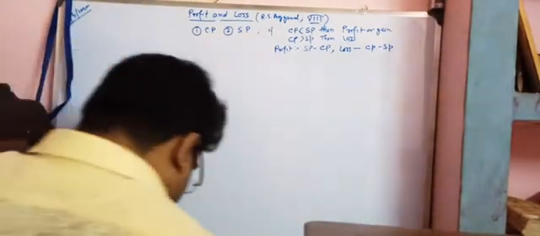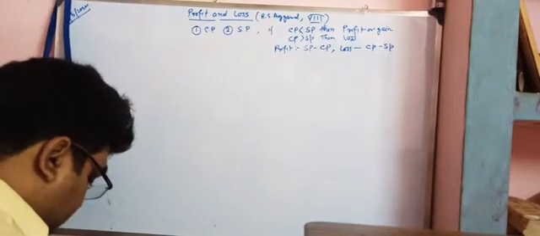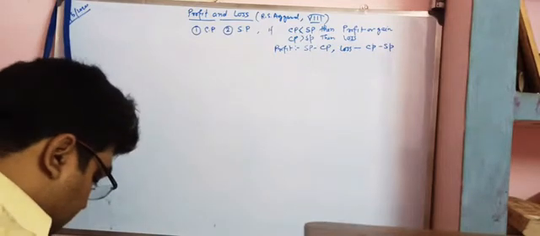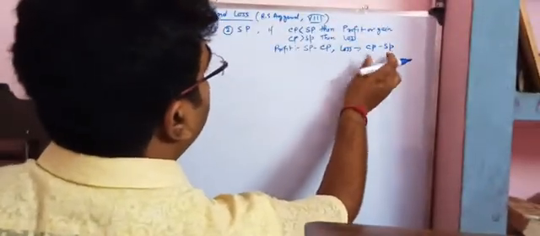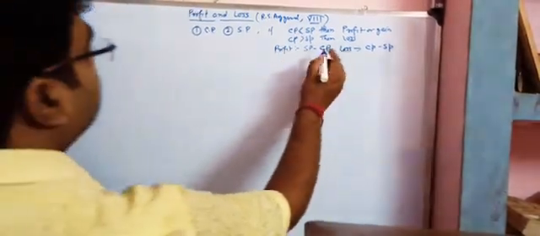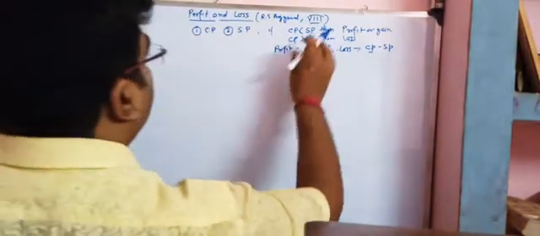Now the gain or loss is always reckoned on the cost price. Actually, reckoned means measured. The gain or loss we can always measure by the cost price. Okay. If you look here, cost price, CP, is the main thing. Okay. Next,